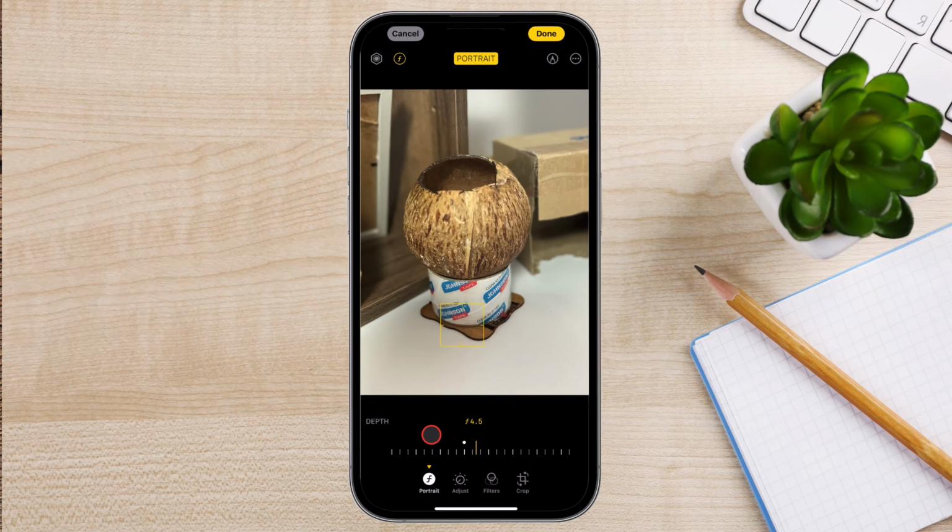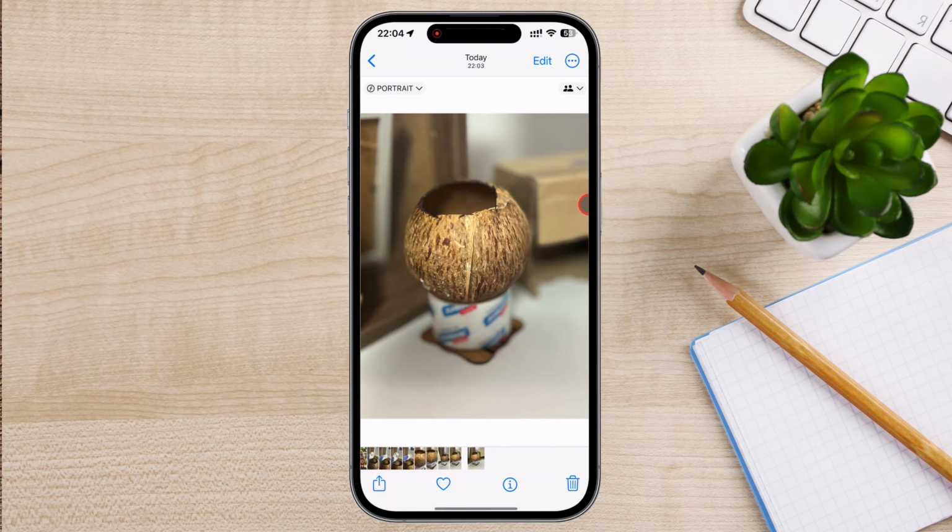You can actually move that spot. So if the Portrait Mode is focused on a different person, you can actually move that. Just tap where you want the focus point to be. You see the effect will change. After you are pleased with the changes, tap Done. You have blurred the picture on your iPhone.